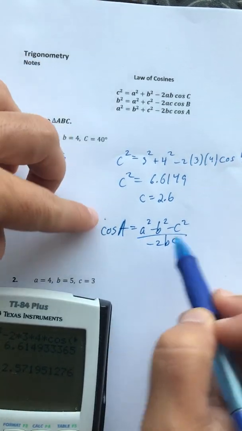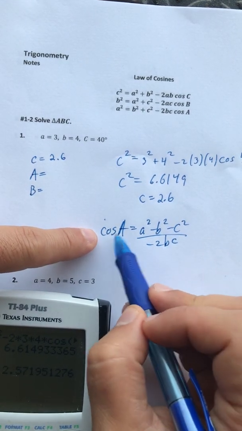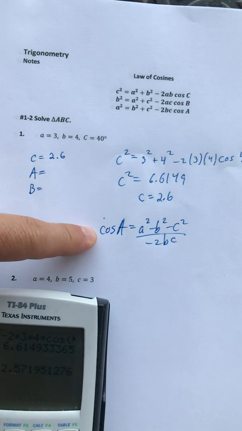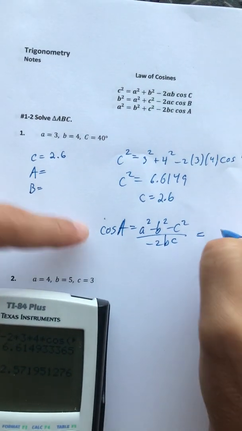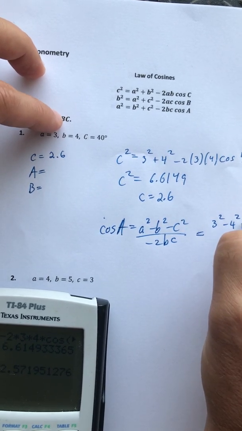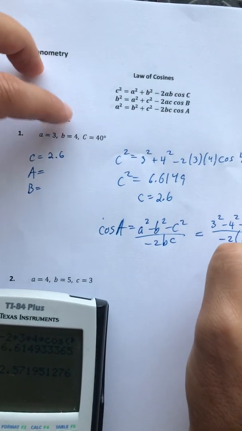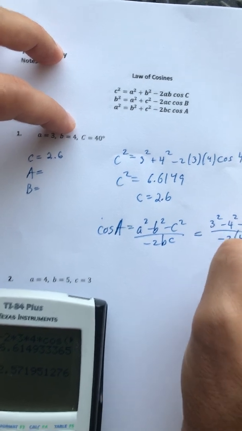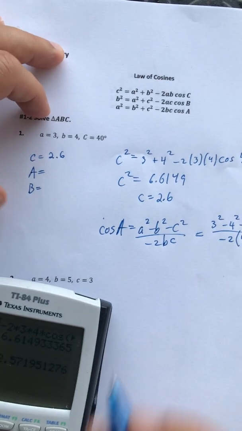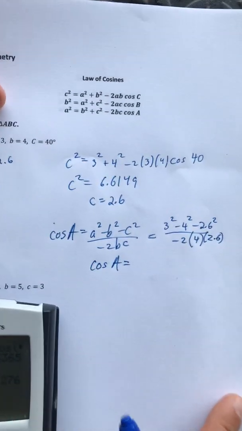So I'm going to plug my A, B, and C in here. And then I'm going to have the cosine of A is equal to this decimal. And I'm going to use inverse cosine to actually get the measure of angle A. So let me plug all this in here. So that's going to be 3 squared minus 4 squared minus 2.6 squared all over negative 2 times B, which is 4, times C, which is 2.6. All right, so now I'm going to have the cosine of A is equal to, move this over,